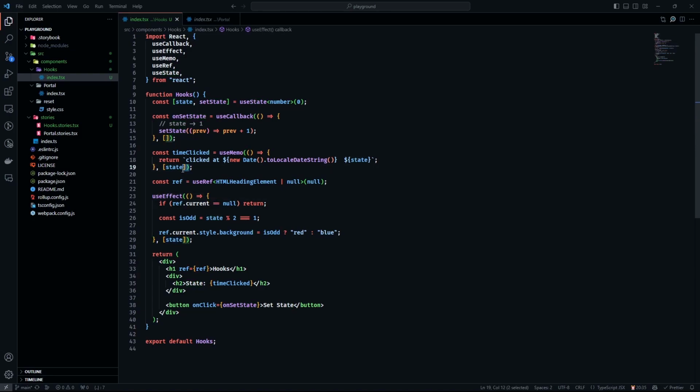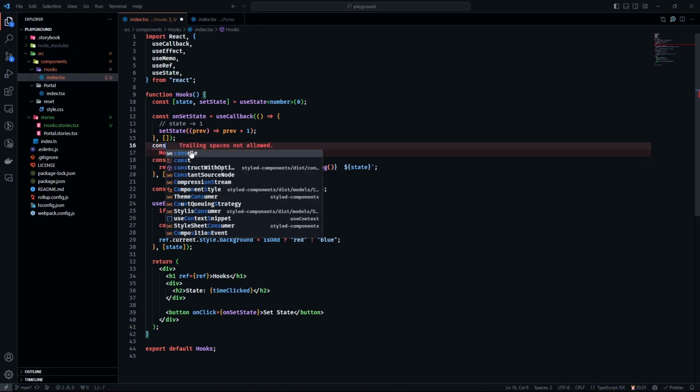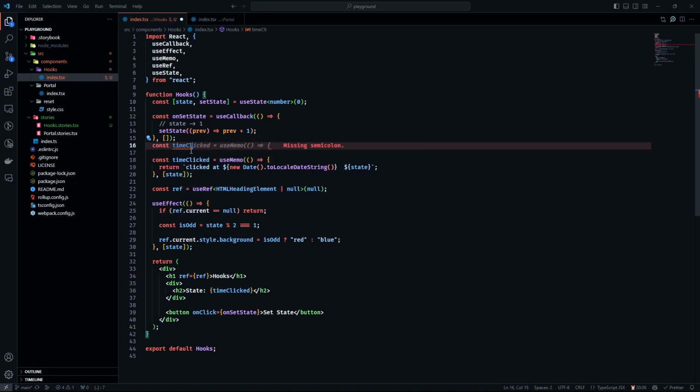Okay, all of our hooks have the array of dependencies, and when its array changes, the function is going to be re-rendered. Okay, useCallback wraps a function. useMemo is like you are doing something like this,